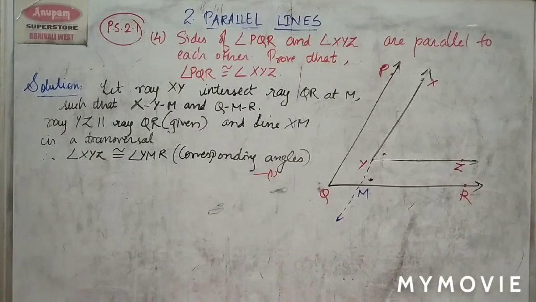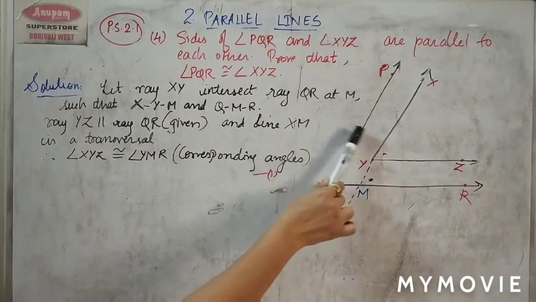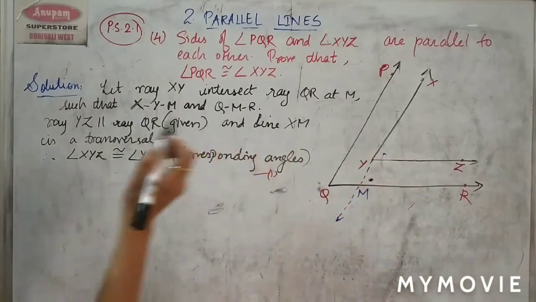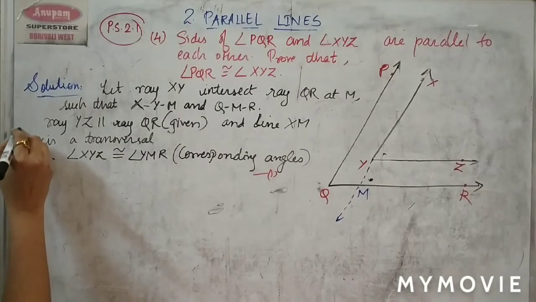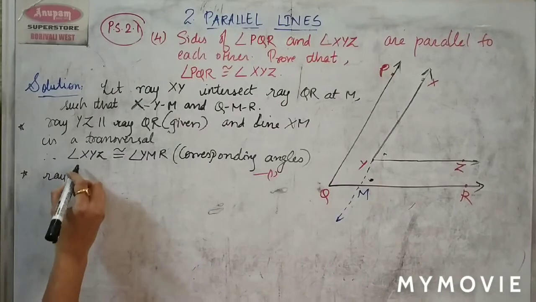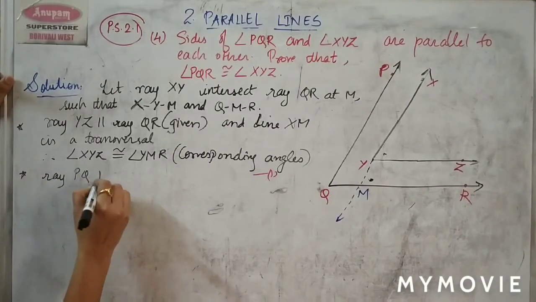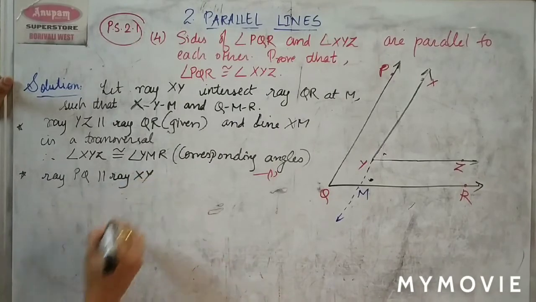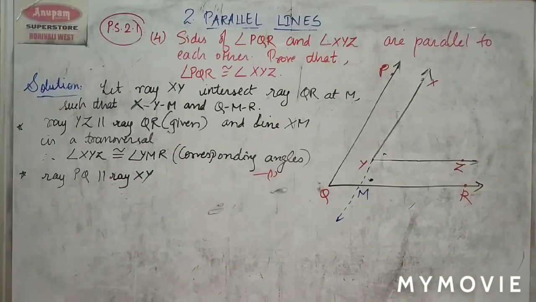Then second. Let me see another pair of rays which are parallel to each other. Now I showed this. Now I'll use these two. So I can say that PQ is parallel to XY. So that will be the next one. See here, this was the first one, and now second one I've shown. Ray PQ is parallel to ray XY, or you can say XM also. Both are correct. Okay.